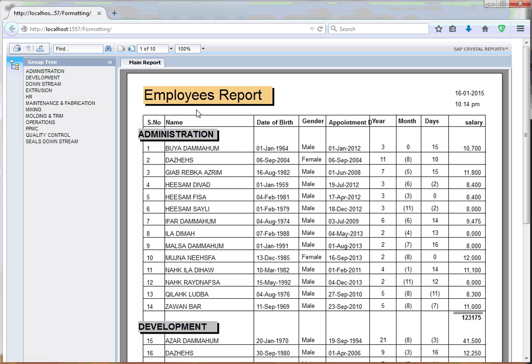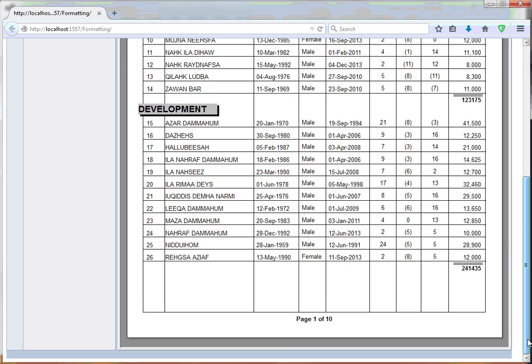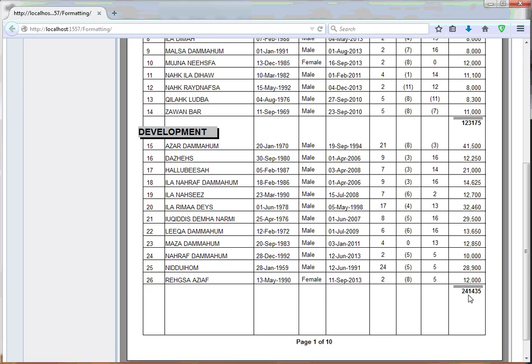Now you see this is the first page of the report, and you see this appears here, and this is the total of the salary, the sum of the salaries of the administration department. And what about the development department's total? So it's here,